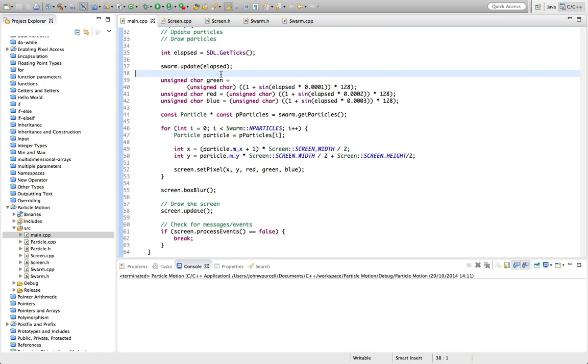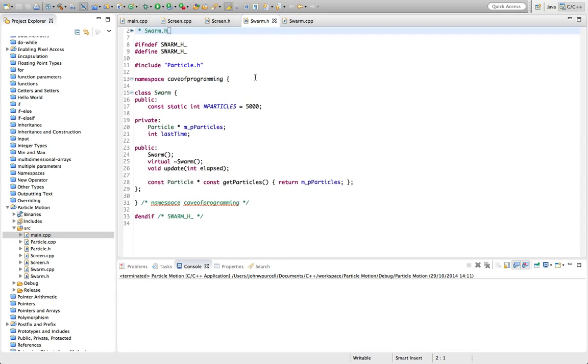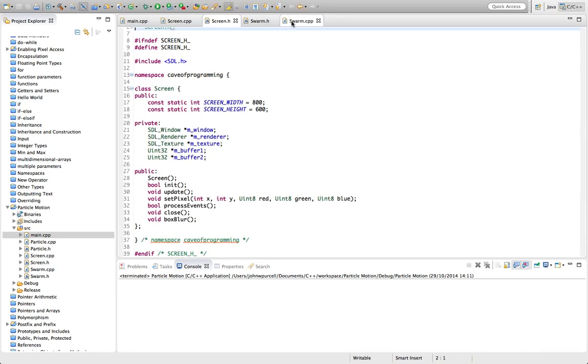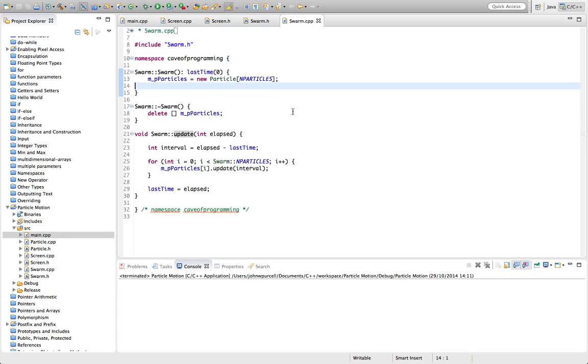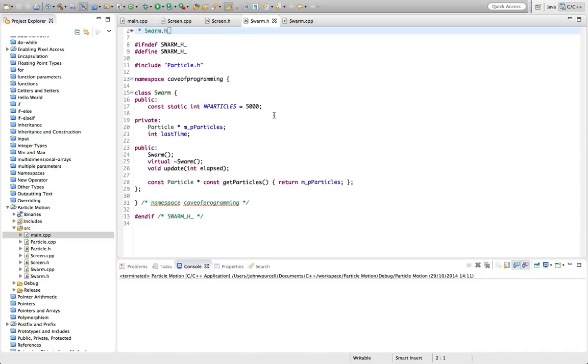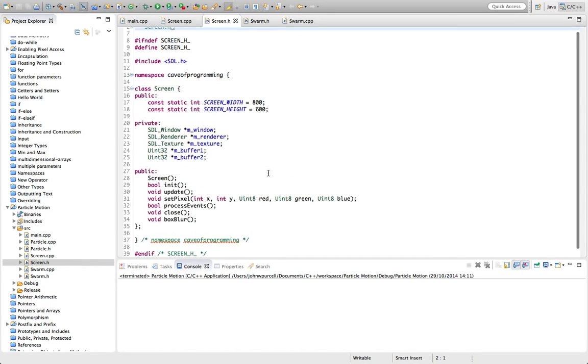Inevitably, because we're using SDL, I've ended up splattering SDL code slightly throughout much of the program. But if we look at swarm.h here, swarm.cpp, there we go. I don't think there's actually anything SDL specific in here, which is really good, which is what I wanted. Because although inevitably the screen class is going to have to make a lot of use of SDL,